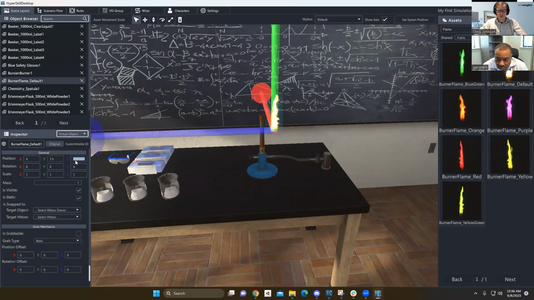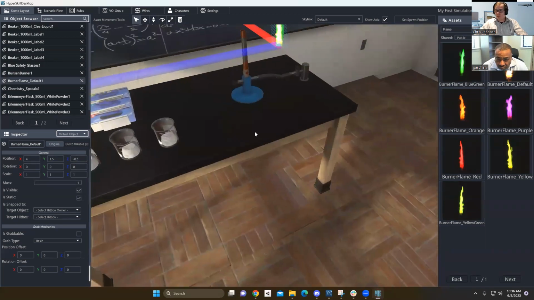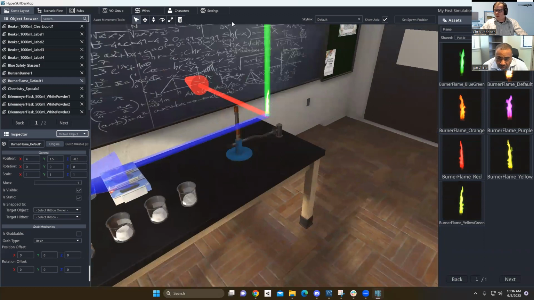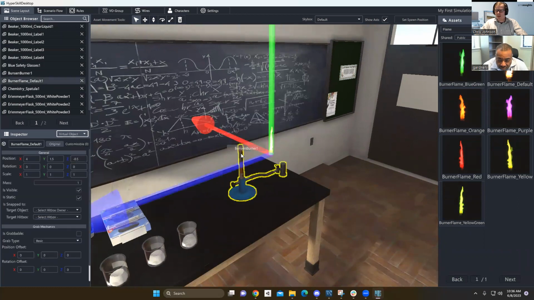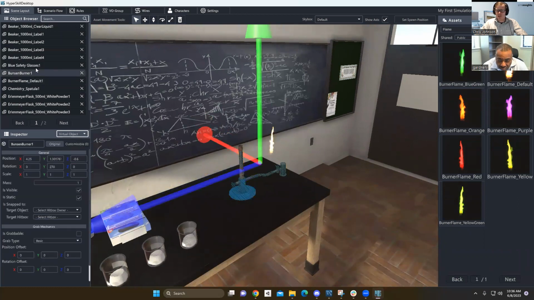There we go. So I just happen to know that this is where I got to bring these in. They have a strange offset, which is why they're a little bit hard to place, but you can manipulate them by selecting them. So you're able to bring them in, and I'm going to put them on the Bunsen burner